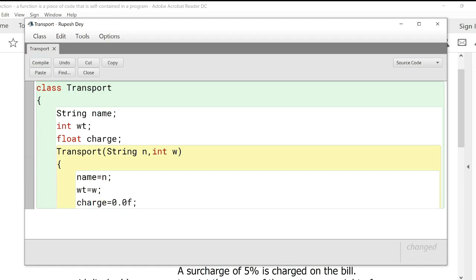F is very much required here because we are not initializing a double variable, we are initializing a float variable. So if we give 0.0, that 0.0 will be taken as double because the default data type in the floating point category is double. So that's why we have to specify the data type of this value by f, which is a shorthand method, or you can typecast also.